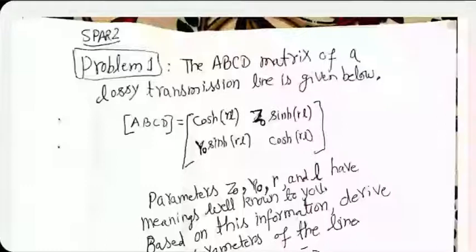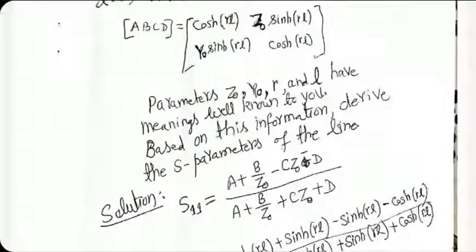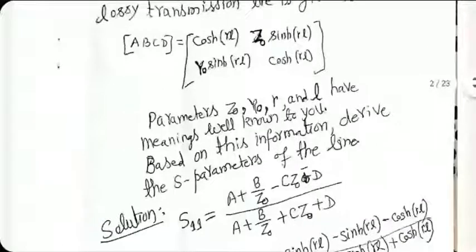One method could be that you apply definitions of S11, S12, S21, and S22 ab initio and come to the result. The other method, which is more popular, is if you know the ABCD parameters, put them in these formulas. It saves you a lot of derivation headaches. So for S11, let me double check.